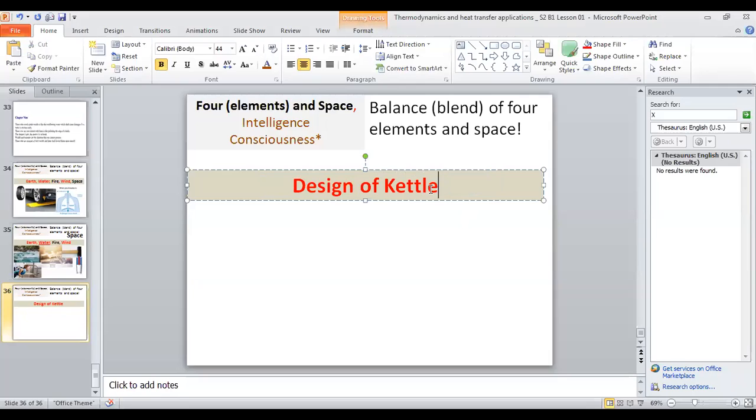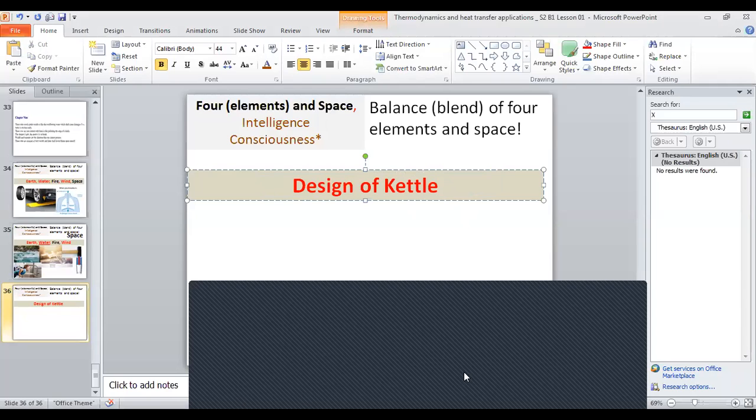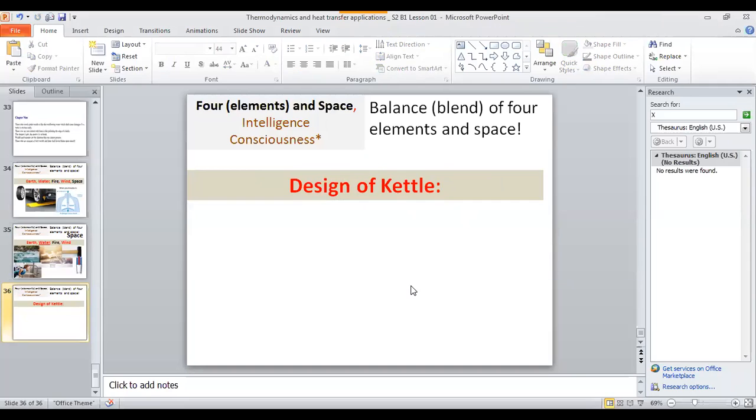Because we are going to design, of course. So how would your approach be now? We have not started learning thermodynamics, but slowly we are on the track. So let's say you are going to design a kettle. How are you going to